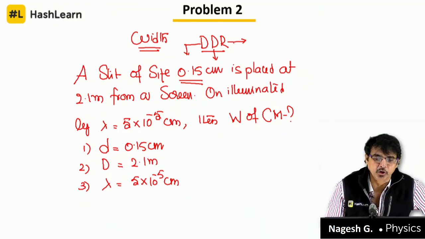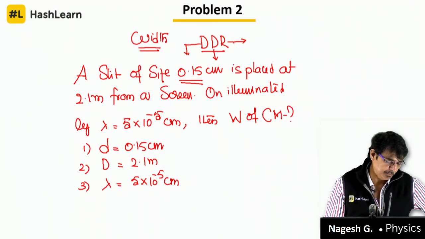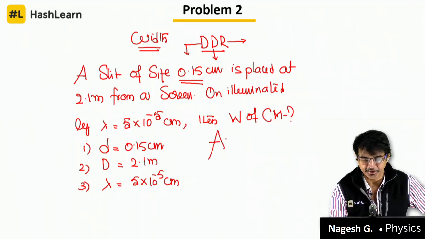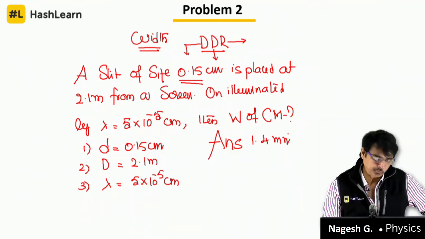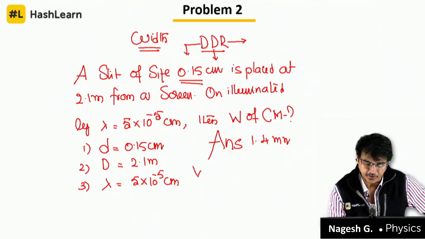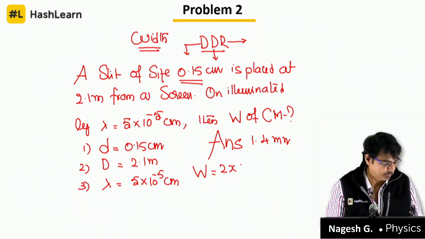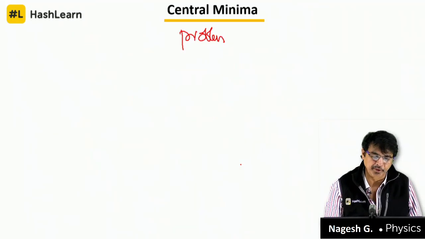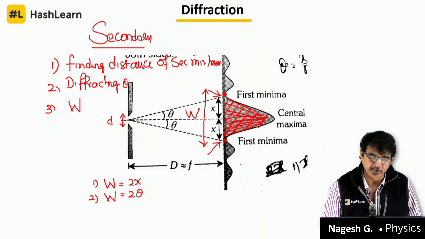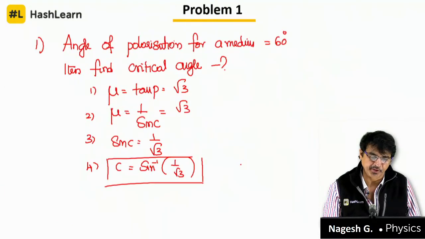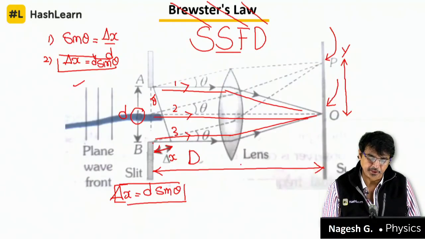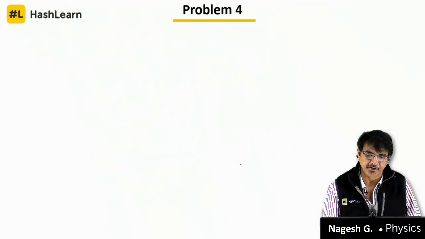So the answer is, already Radhika is on the screen, 1.4 millimeter. Fantastic. The answer is 1.4 millimeter. For this, I have already given width W equal to 2x. In our diagram, you are asked to find the width of the central bright. This they have asked. So I am providing the screen once again. This width W they have asked, that is nothing but the central bright width, equal to